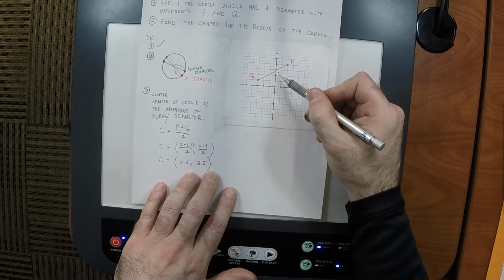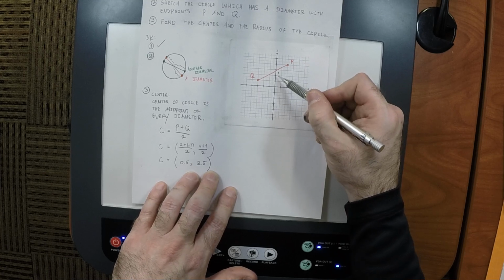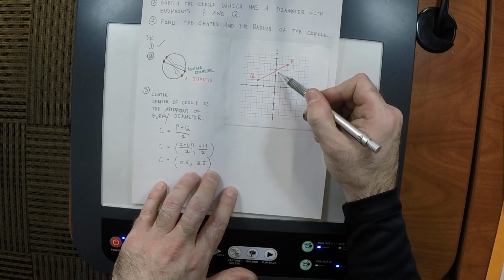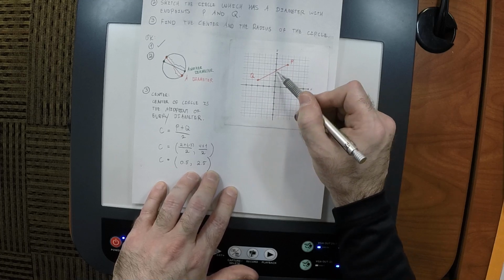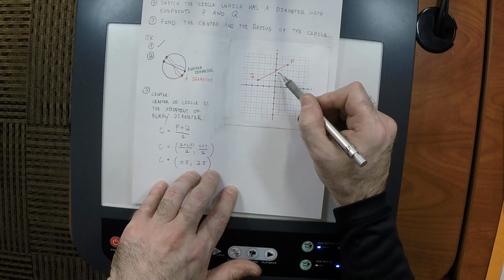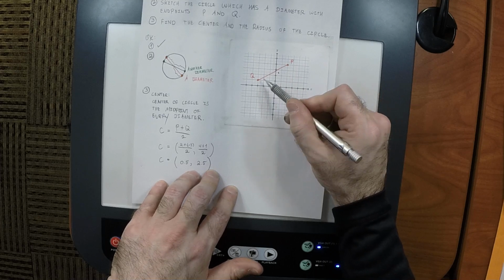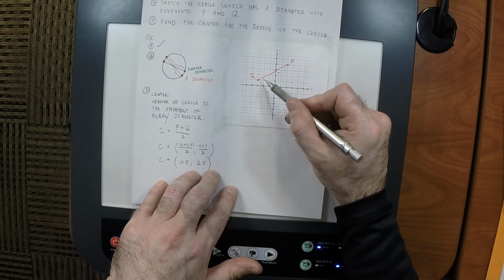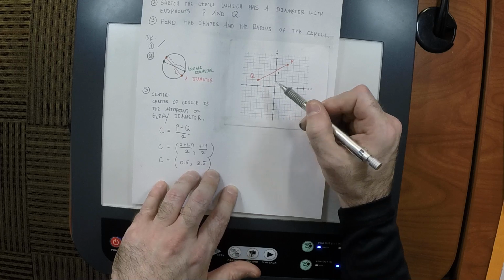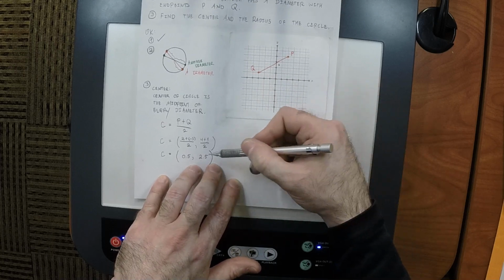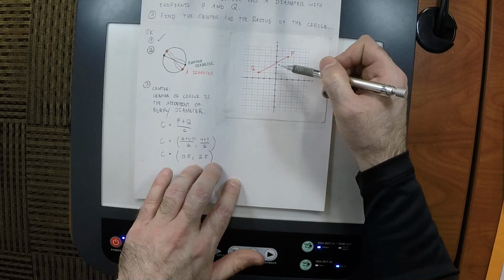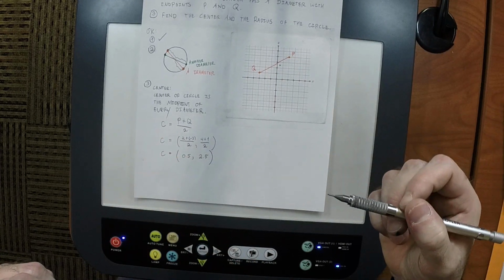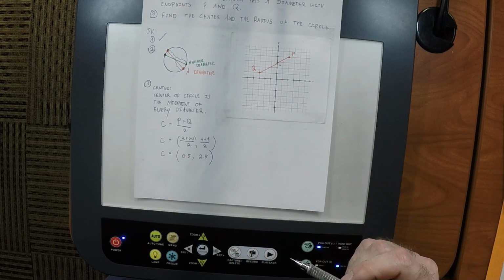Now, could that be right? No, that couldn't be right, for several reasons. First off, it's not even on that line segment. Second, concerning the distances, it seems to me that it's closer to P than it is to Q. So that couldn't be right. So can you see that the calculation and the drawing go hand in hand? There's two ways to look at the thing.